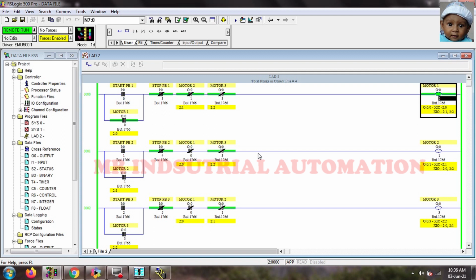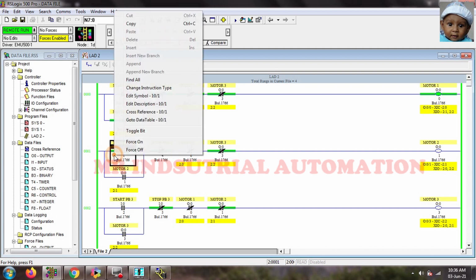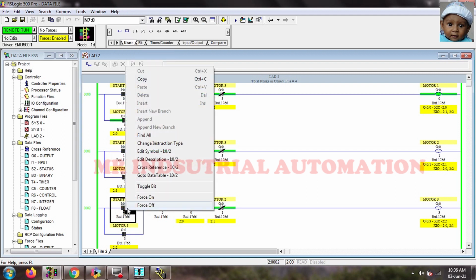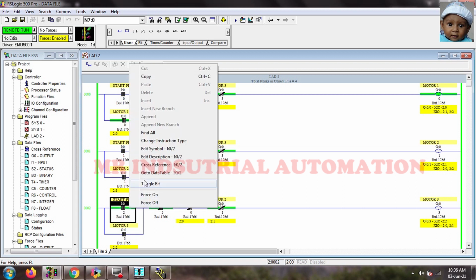The addresses of motor 1 on rung 0, rung 1 and rung 2 have become active, and when you turn on start PB2, motor 2 will not turn on because motor 1 is blocking it by its interlocking.